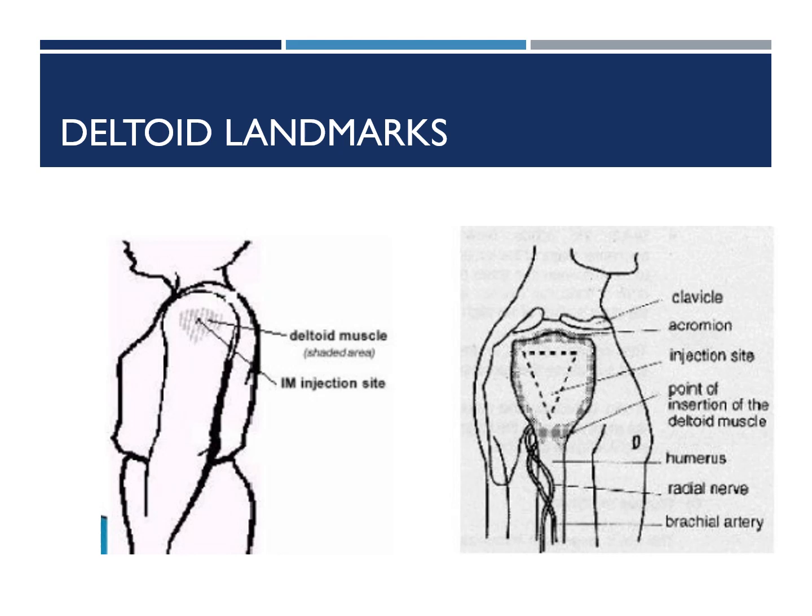When you're looking for the landmarks for the deltoid muscle, you need to find the acromion process. That is the bone that kind of goes across the top of your shoulder right there. And then you're going to do 2 to 3 fingers below that acromion process, and then you're going to find that triangle-shaped deltoid muscle, and you're going to want to inject into that medius part of that muscle, kind of right where that little triangle is in that second picture.